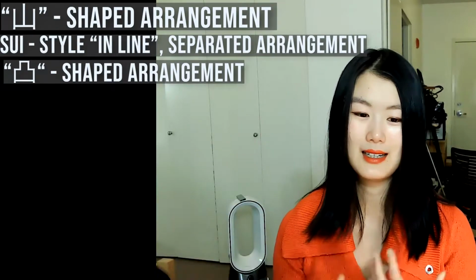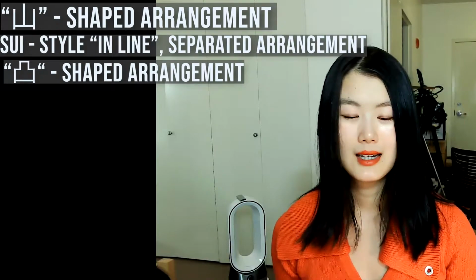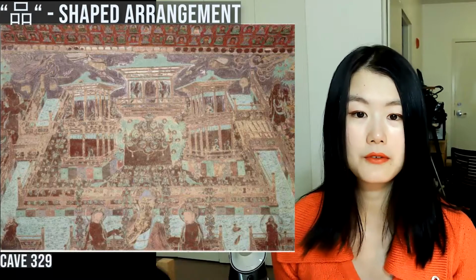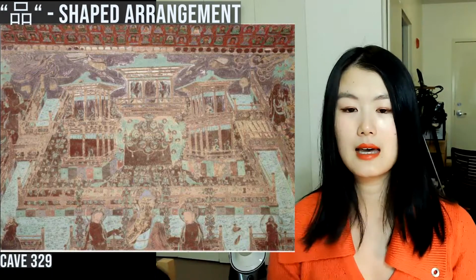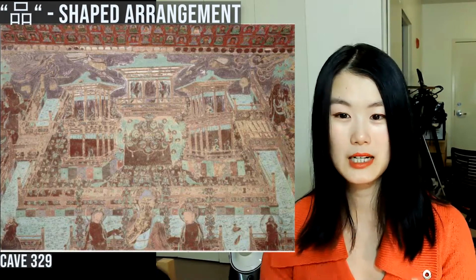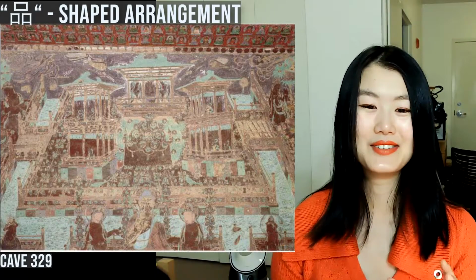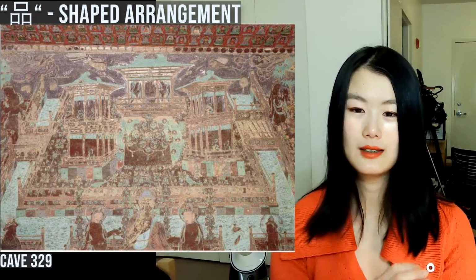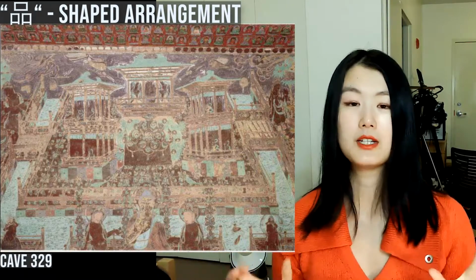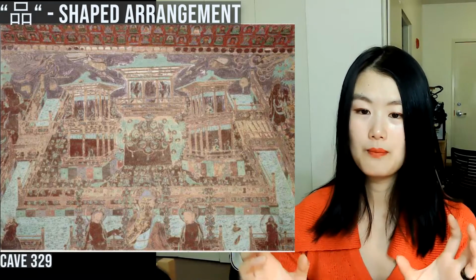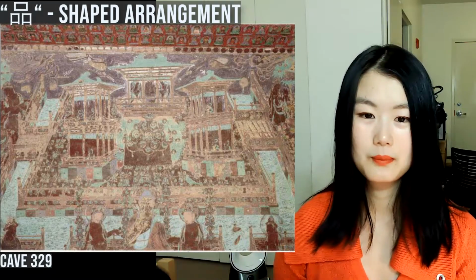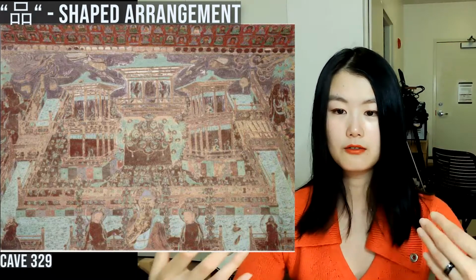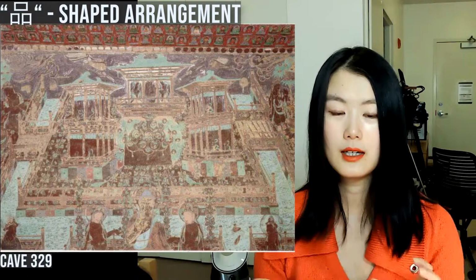So now let's look at some slightly fancier developments. In early Tang, we start seeing more and more elaborate motifs. And so here is an example from Cave 329. This is an example of a newly emerged ping-shaped motif. Here again, we have 3 separate components, but unlike the flat inline Sui-style arrangement, we now have a depth dimension vividly illustrated by the Chinese character ping, where the main hall is near the back and the 2 side pavilions are more in front, making space for a courtyard in the middle.